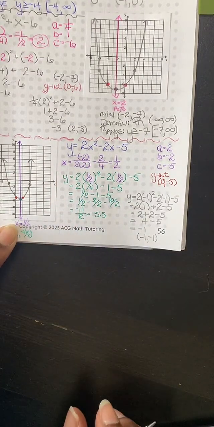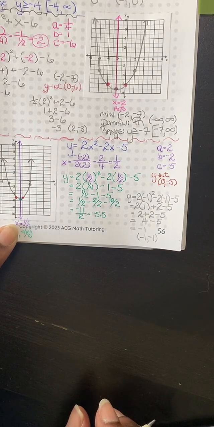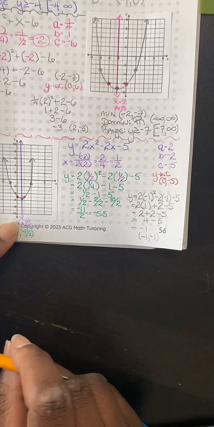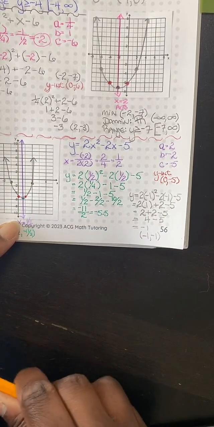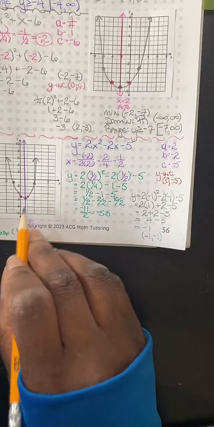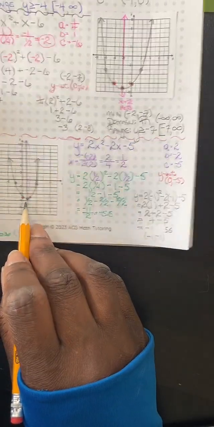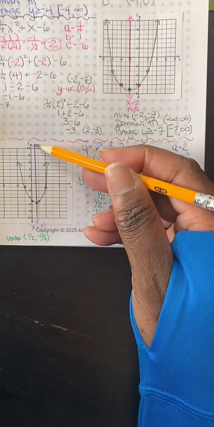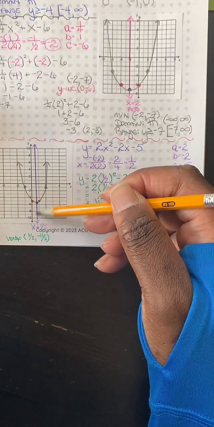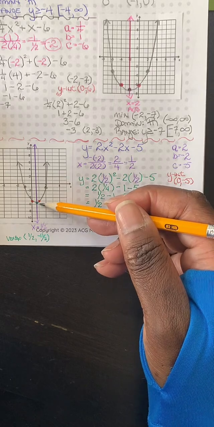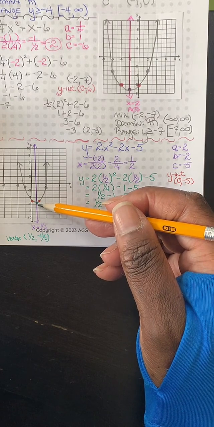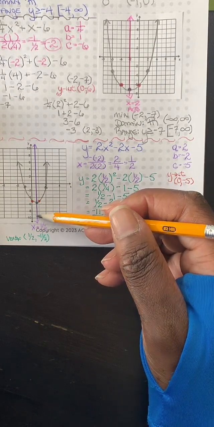Okay. Why do we need to do that process in the beginning to get 1/2? Well, we need to know where is our vertex. Okay, good, Willie. So we need to figure out where is our turning point going to be. So we want to find this axis of symmetry, that purple line, that goes right through our turning point, our vertex. So the reason why we're doing that is we need to figure out where is going to be our turning point, because our turning point can be